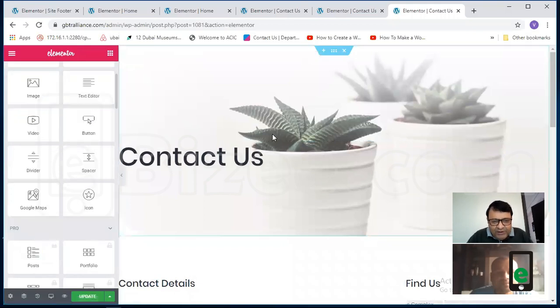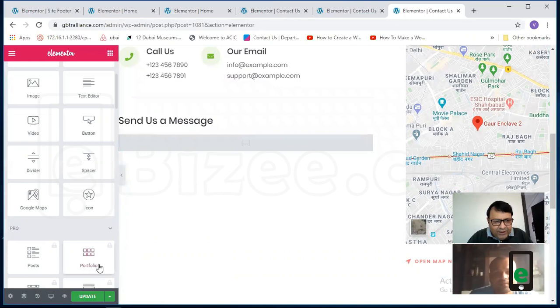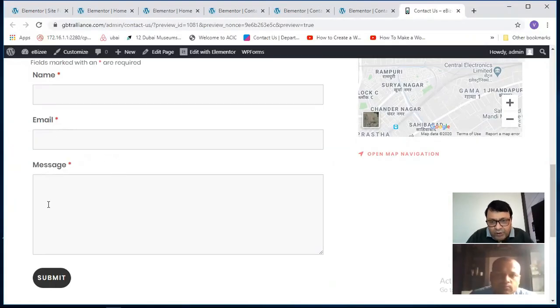You can see now the design has changed. Okay, I will update it. It is updating. So when I change this, another field for mobile phone, when you go back to this Ninja form, you can make those.